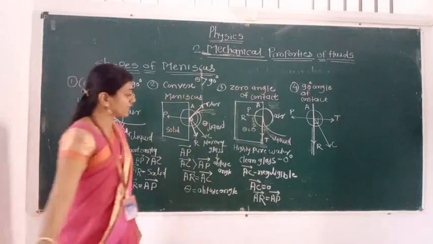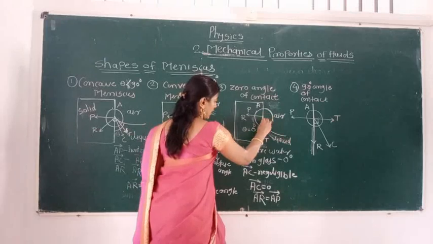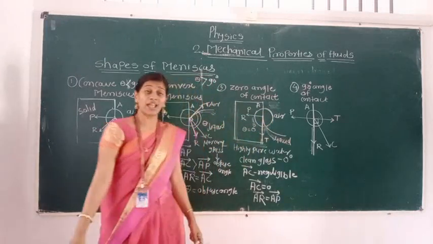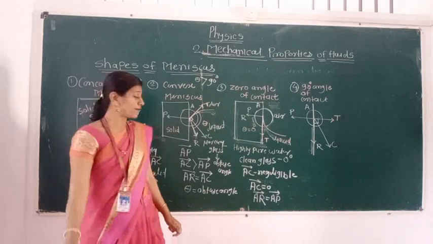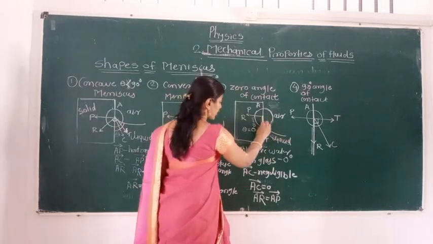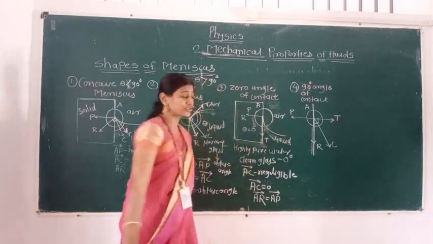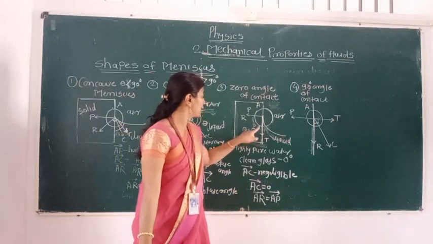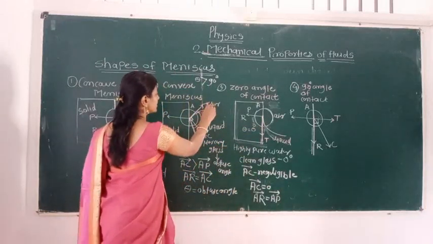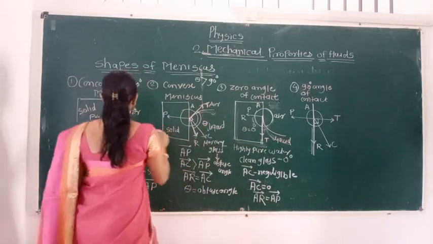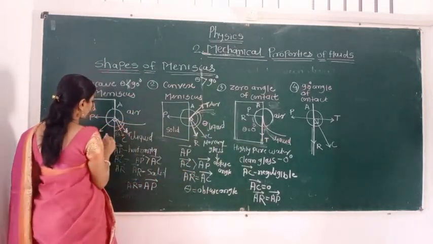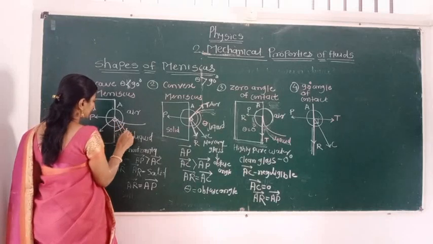Here, we have to find out the angle of contact when we draw the tangent at the point of contact. Here the tangent is along the vertical wall. So here we are getting the angle is 0. Here we can say the tangent is present here. So in between we are getting an obtuse angle. In this case we are getting the acute angle.